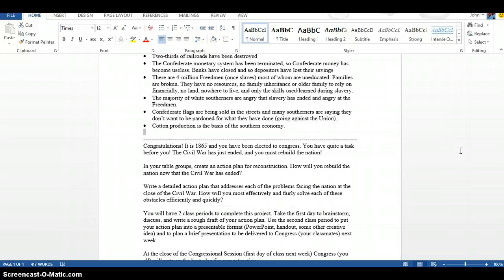We're ready to rock and roll. So this is not an easy task as you look through this, okay? You've got a lot of stuff that you've got to put together and a lot of stuff you're going to have to plan out. So let's make sure we focus, make sure we're taking advantage of the time that we have to get these things done. And like I said, if you have any questions, I want you to email me, and I will have my computer and my email account set through my phone, so I will respond to you as quick as I can, okay?